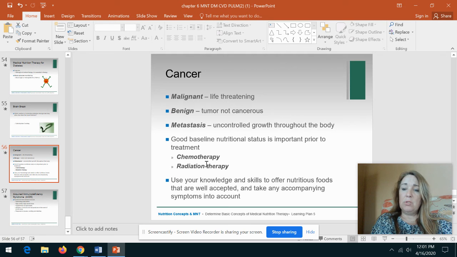They may be prescribed what's called a neutropenic diet, and this would be for our HIV/AIDS patients as well. A neutropenic diet is a diet that is very low in its risk of spreading any sort of pathogen that